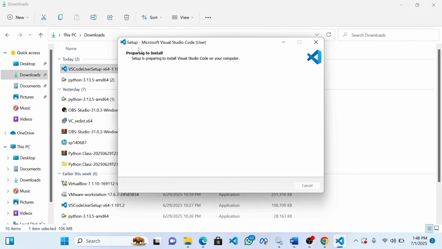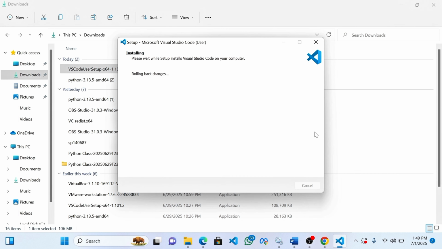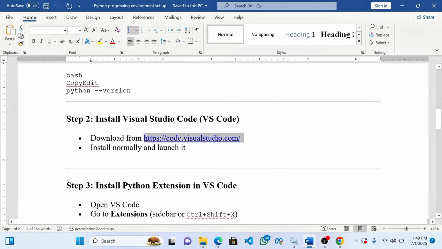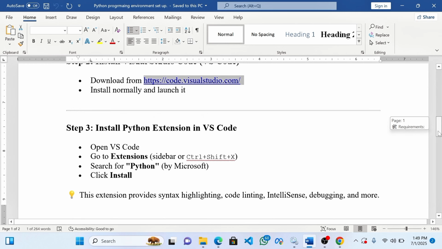So it's going to prepare for installation and the rest of it. I've already installed it on my system, so I'm going to cancel it. Are you sure you want to cancel it? Yes, I'm canceling it. So when you are done installing your Visual Studio Code, your VS Code,